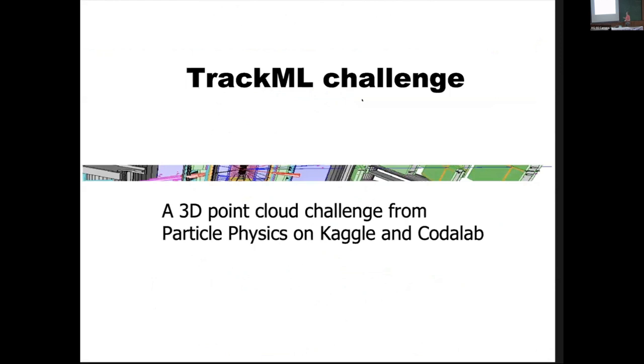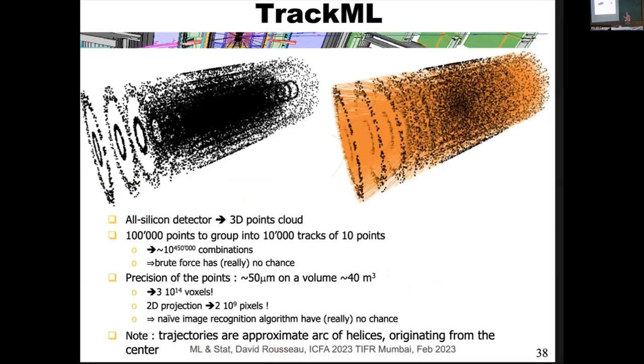Okay, tracking. It's something I've worked on, which is the TrackML challenge. So the issue is the following. This is the tracking at the LHC, where on the left you have the points measured in a detector, which could be ATLAS or CMS, the future detector, the one which is going to be installed